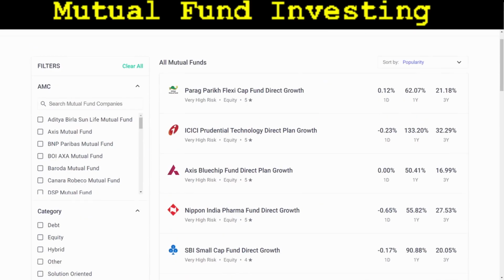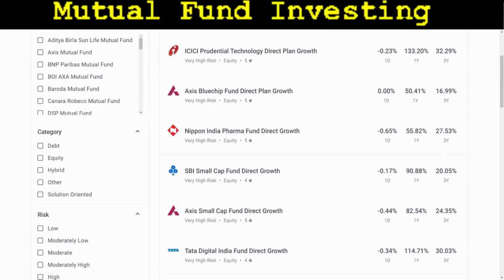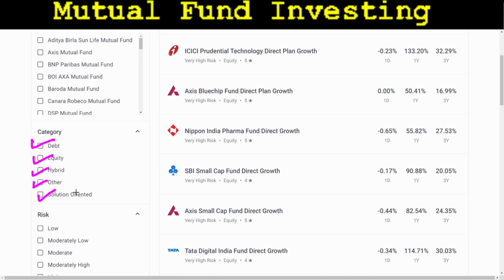The first important classification is category. There are 5 broad divisions visible here. Debt mutual funds invest in the debt market. Equity oriented mutual funds invest in stock market. Hybrid mutual funds invest in both debt and equity market. Other mutual funds invest in either indices or in overseas funds. And last, we have solution-oriented mutual funds. They invest in specific solution-oriented funds, such as either for retirement planning or for investment on your kids. So they have a predefined purpose.